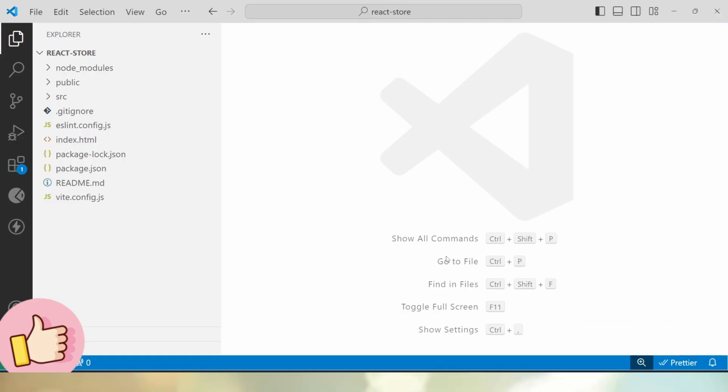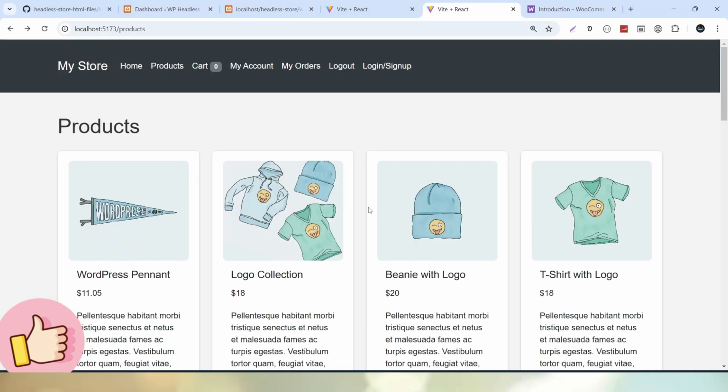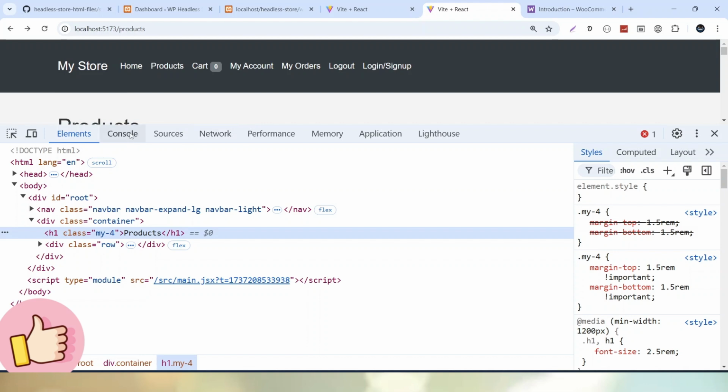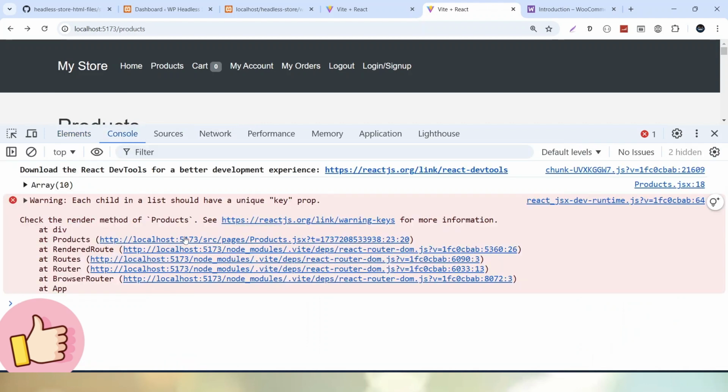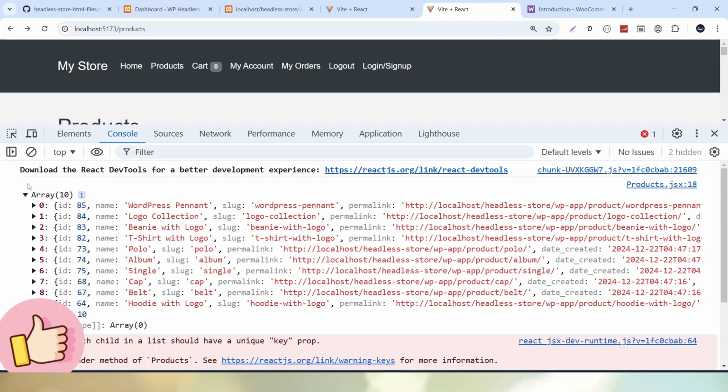So before implementing this concept, if I go back to browser, let's go and inspect our products list. And here, let's go to console tab. Here we have some errors, so I will fix them also inside this video topic. Let's go inside this array, and inside this array, for example, if I open this ID called 83 of this